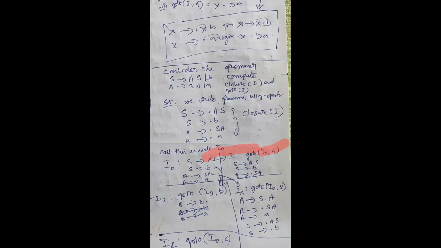I am taking only A. So we have to move the dot from A. In front of A, we have to put A. That should be I1. Next, I2. What is I2? Another production is S tends to dot B. Write this S tends to dot B. Move that B to the last. This makes it end, because the dot will be in the last part, on the right side of the productions. So end. I naught comma B, it will be closed.